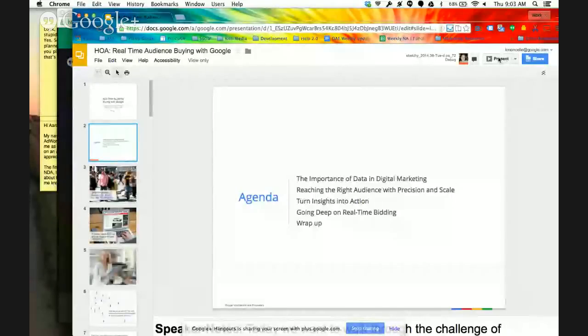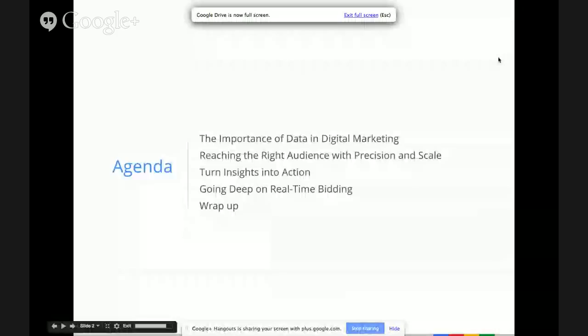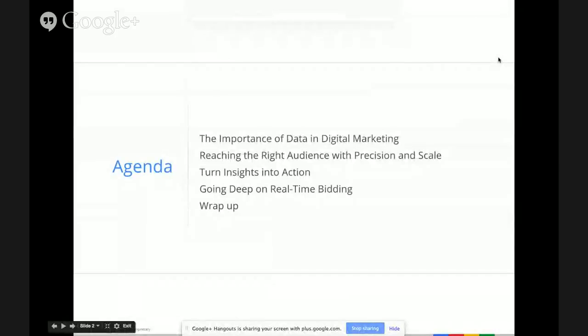Today, we want to walk you through the challenge of leveraging big data for marketing and how we're going to help you solve that problem at Google. We'll touch on how you can use dynamic remarketing as a means to cut through the noise and serve the right ad to the right user at the right time. And then we'll go a little bit deeper on how Conversion Optimizer works and how we can help you manage your bids at scale and ensure you're investing efficiently in online advertising. Finally, we'll wrap up the first half of the Hangout by showing you how you can turn these insights into action via flexible bidding strategies.